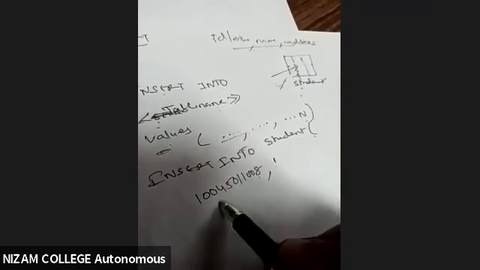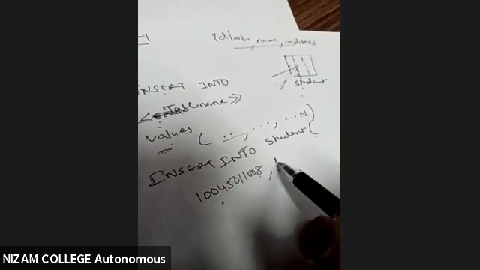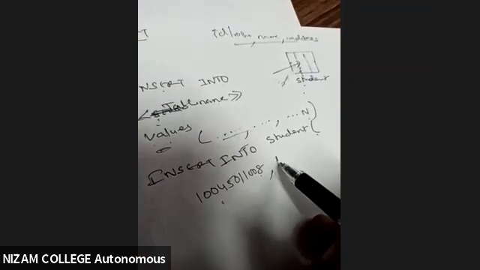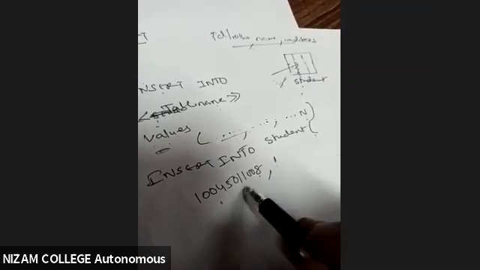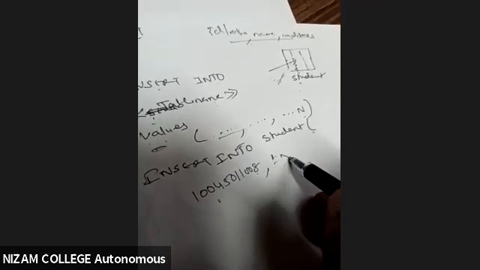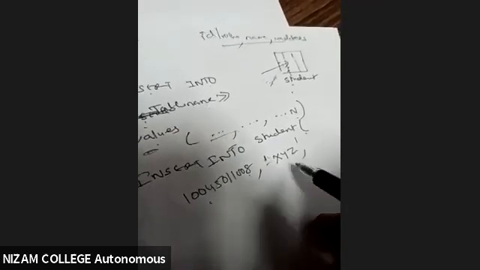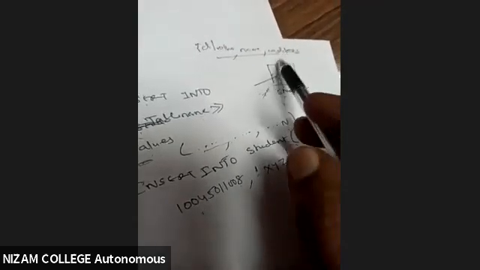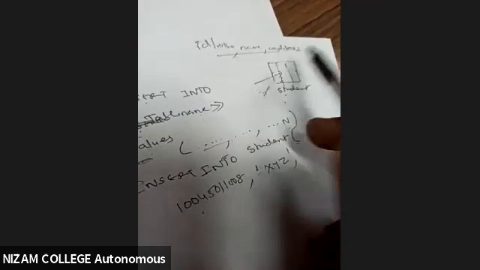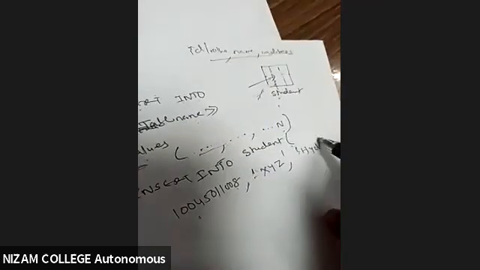So numbers you write normally, but when you come to characters, whether it's a date or time or characters or address, whatever it is, except numbers, it should be enclosed in single quotes. So here I'll write in single quotes, say my name is XYZ. Then what is the next one? I have an address, again a character, so I'll say in single quotes, Hyderabad. Now finish. This is how I'll be inserting the record.